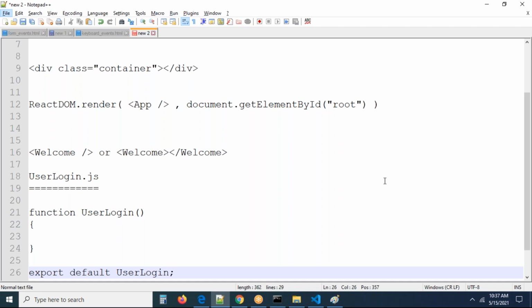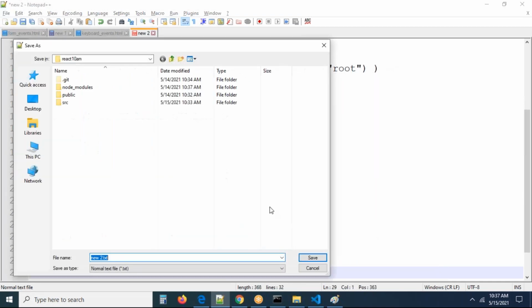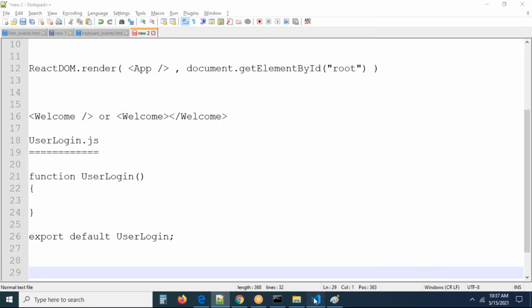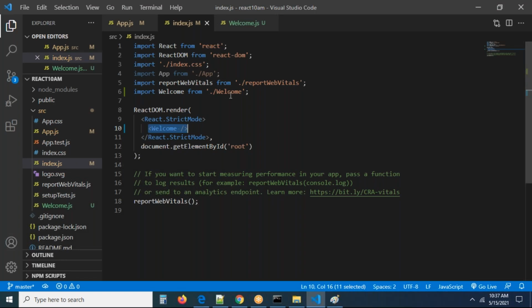Understand, guys? So after that, if you want to use this wherever you want, first of all you have to import it. Can you see my component is imported here now? Import Welcome, the name of the component, from welcome. That is the path of it, guys. Exactly, it will take the path like this. If you are not importing here by just writing this statement, it won't work. Remember carefully, first of all you have to import it.